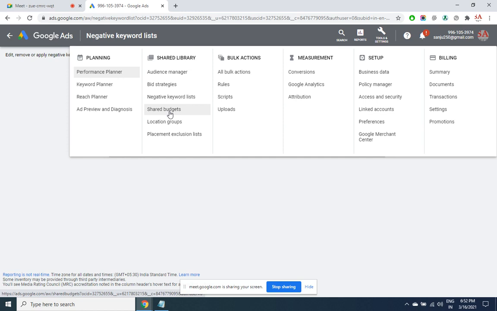So I've created 3 campaigns, campaign A, B, C. But let's say all these 3 campaigns belong to the same client. One campaign for SEO training, other campaign for SEM training, third campaign for stock market training. This client has paid me 5,000, but he did not say 5,000 for SEO, 5,000 for stock market, or 5,000 for SEM. He says that my total budget is 5,000, run all my ads. So you have multiple campaigns, but for all the campaigns together you have one budget. That's where you'll be going with the shared budget.